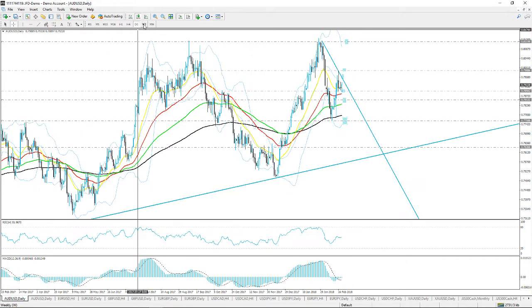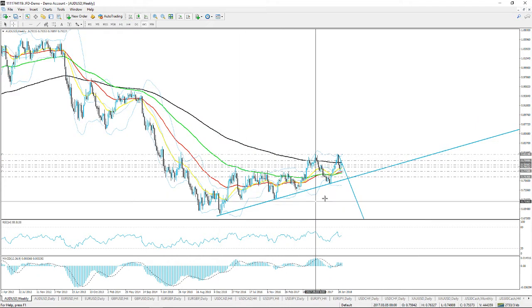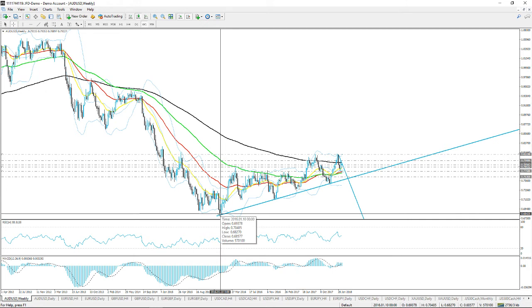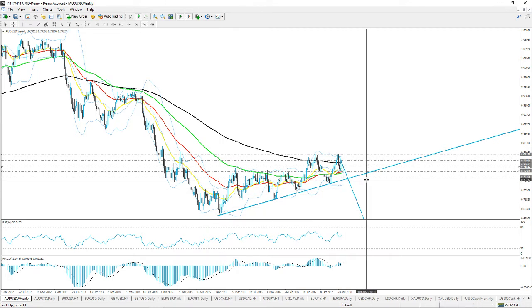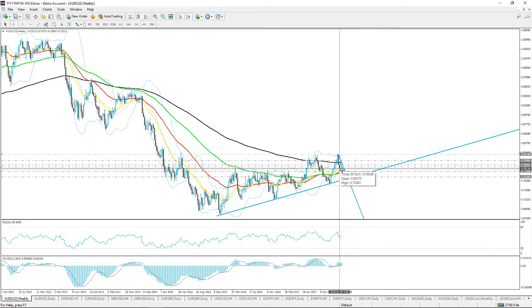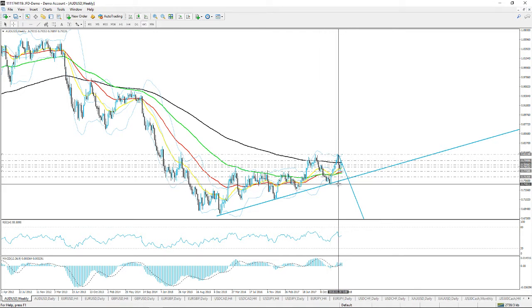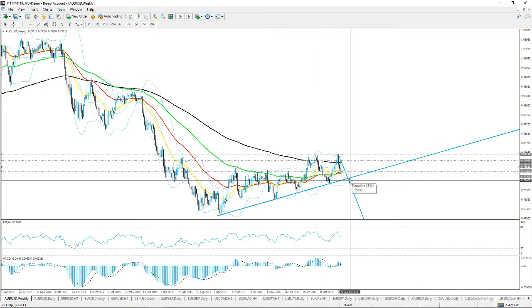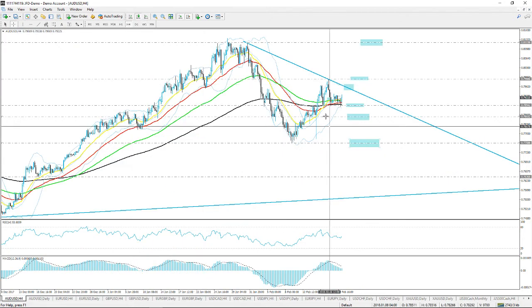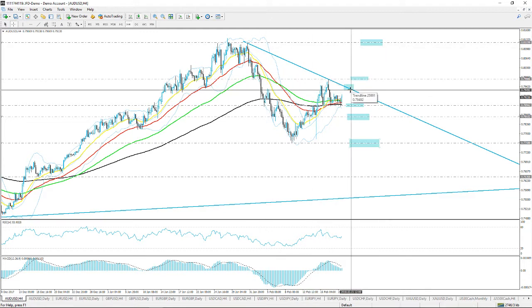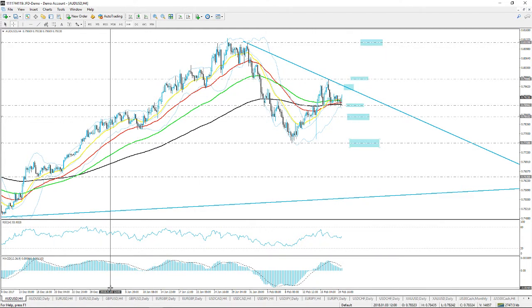Overall, long-term, we can still see that this is trending higher. It's still on this upwards moving trend line that started in January 2016. Long-term, until we get a break below this trend line, we shouldn't be considering any moves to the downside in the longer term. But again, like I said, the short-term picture at the moment is that this short-term downwards moving trend line might hold. Now, quickly, I wanted to jump into the euro dollar.